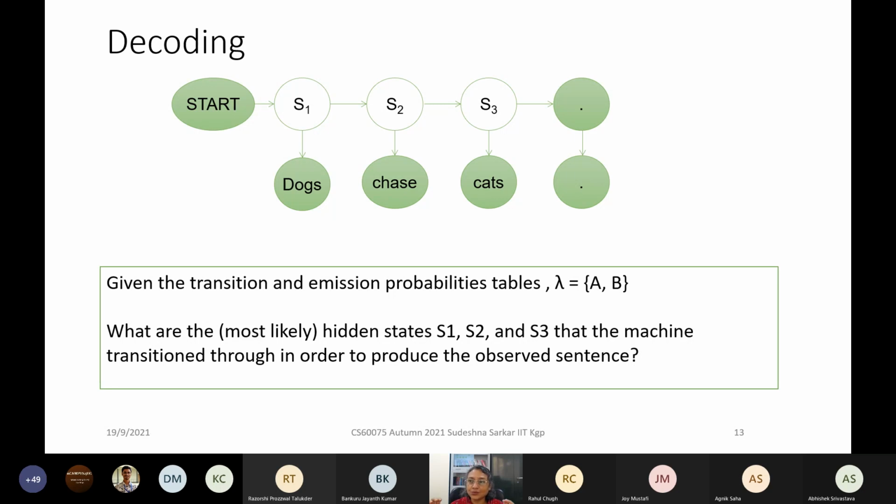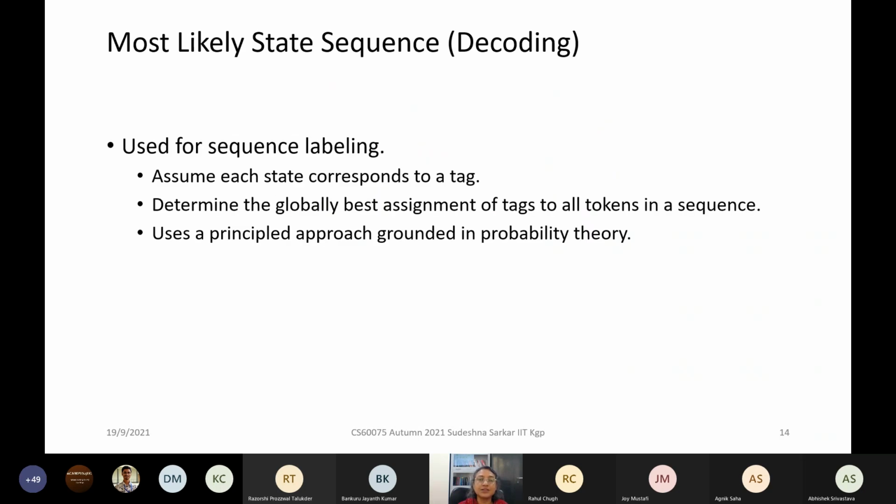Now, the decoding problem is where we are given a sequence of words and we want to find the most likely sequence of tags, one most likely sequence of tags. As you have rightly pointed out, if you just want the observation probability, we have to take the summation over all possible sequences of tags and the corresponding probability. But in this problem, we want the most likely sequence of tags. In this case, we assume that the model parameters are given and we want to find the most likely hidden state sequence that produces this observation sequence.